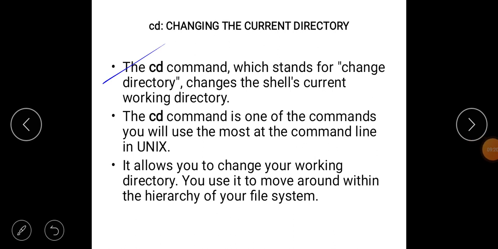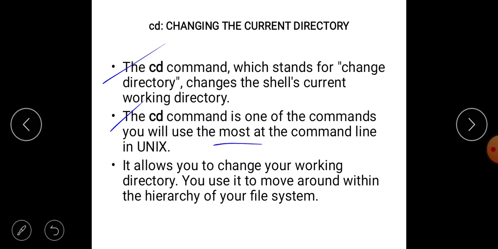The cd command stands for change directory. It changes the shell's current working directory, which means it is going to change from our current working directory to some other directory. The cd command is one of the commands you will use the most at the command line in Unix.